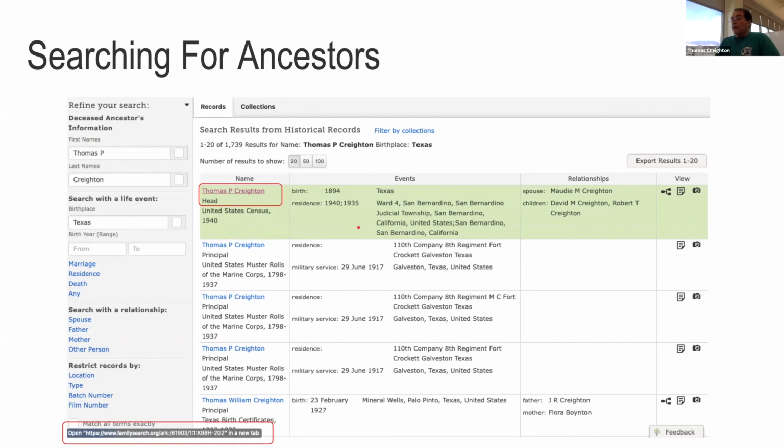So this is an entry for his household with my grandmother and my father and my uncle. And this hyperlink right here, hovering over it, causes the URL down here to appear. And if you click on that, that then gets resolved.